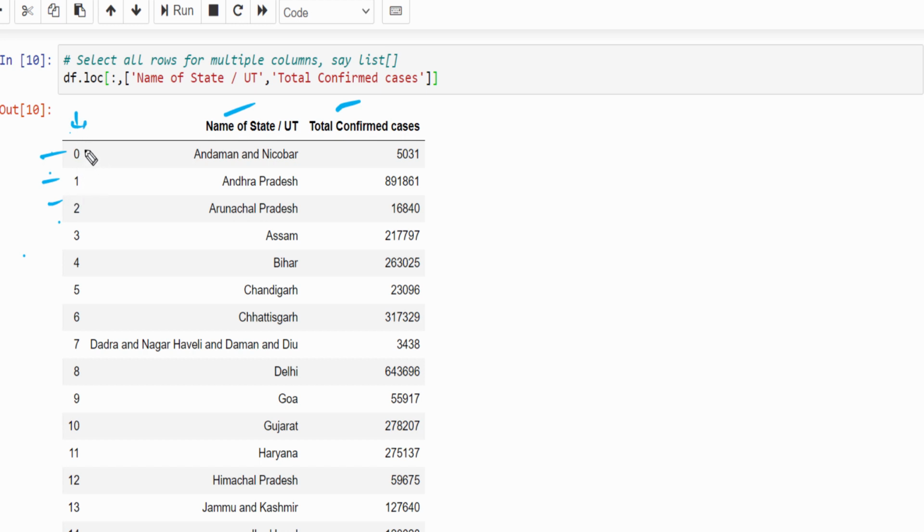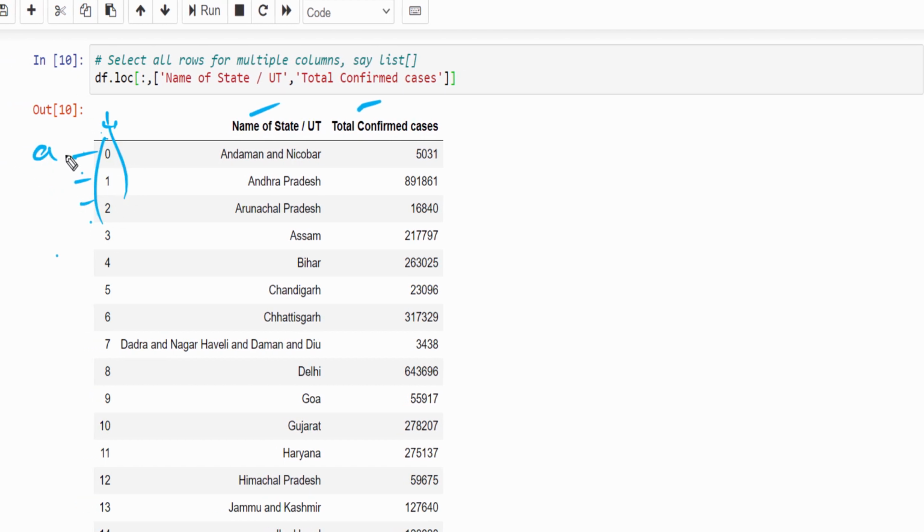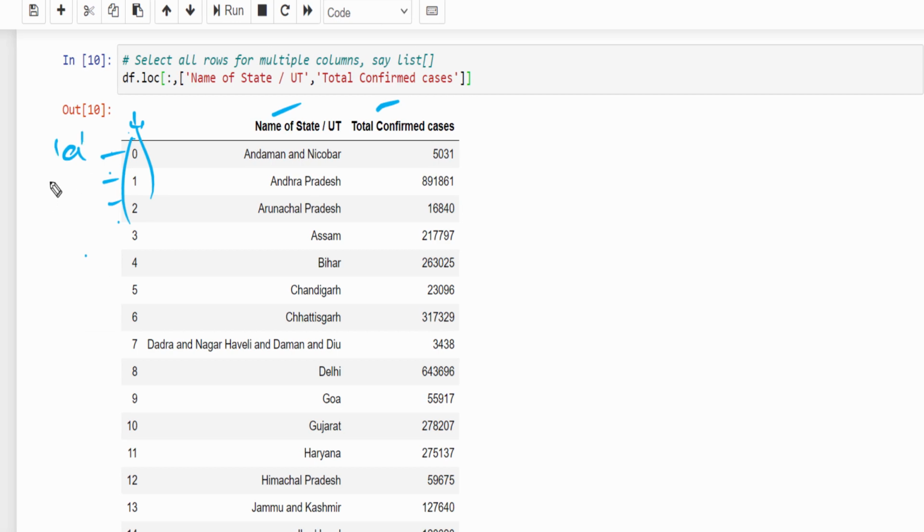One is we can update this index by any character or word. We can use those labels to filter the particular rows, or else we can directly give the index number of the particular rows. For example, Andhra Pradesh 1, Himachal Pradesh means 12, Delhi means it's 8. We have to mention the respective index number in the list format. Then only it will filter the respective rows.